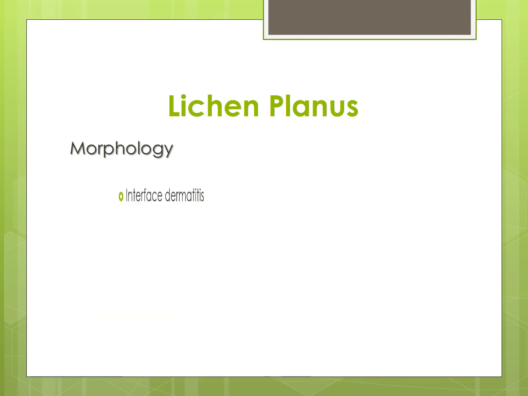Microscopic feature, one very important consistent feature is the interface dermatitis. By interface dermatitis, we mean that there is infiltration of the lymphocytes or the chronic inflammatory cells at the dermo-epidermal junction. The cells will be grouped together, or they will be present in abundance at the basal epidermis or the dermo-epidermal region. Start to think of the rete ridges, that is another important feature. Like previously in psoriasis, the test tube in the rack appearance was an important feature. Similarly, in lichen planus, the saw-tooth rete ridges are a very important feature.